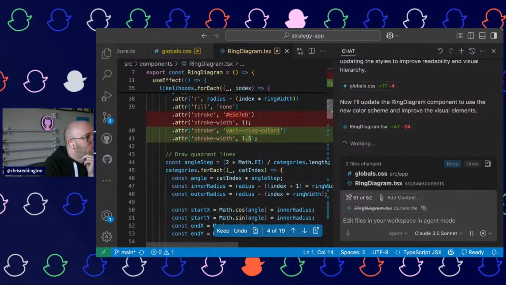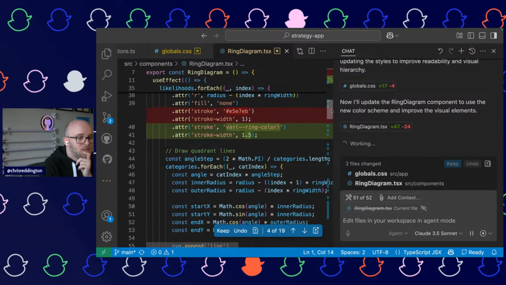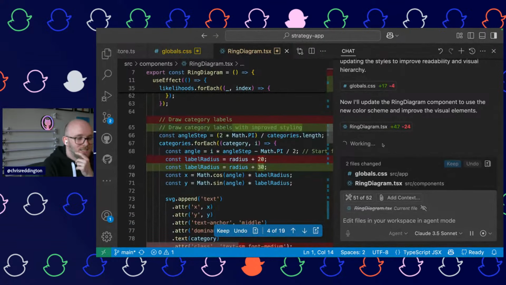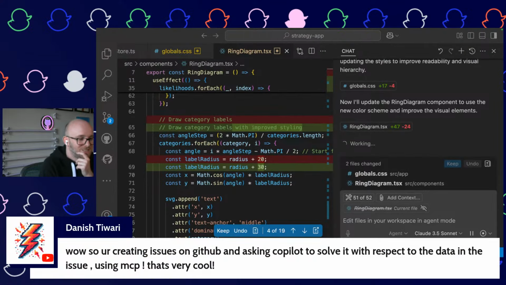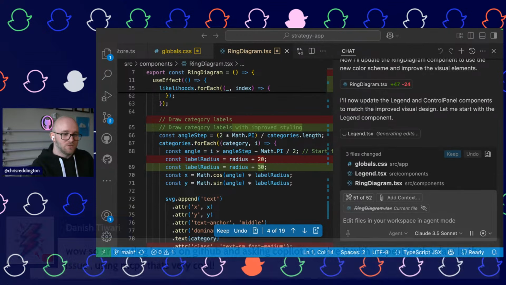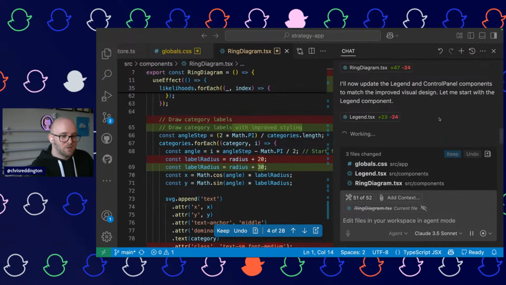Adding more margins. Bring the ring color in there. Okay. Yep, that's exactly it, Danish. I'm gonna put that on screen so everyone can see. That's exactly what we're doing. Of course, a bit contrived. Would I create the issue and then do the thing like here? The issues would have already been created, but I'm just kind of trying to show how we bring all of this together into a bit of a story. So yeah, that's exactly what we're doing.